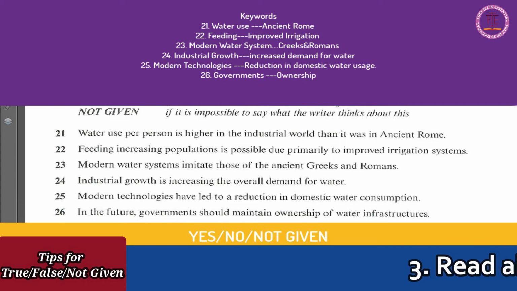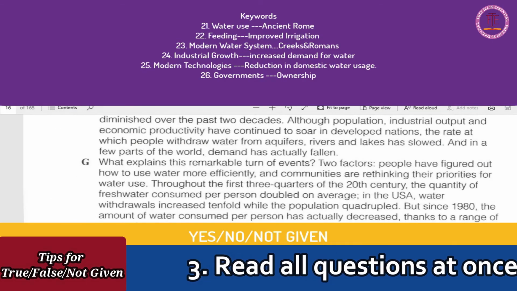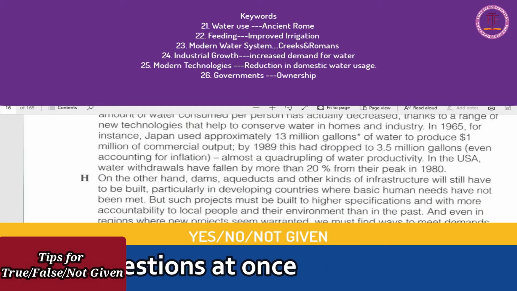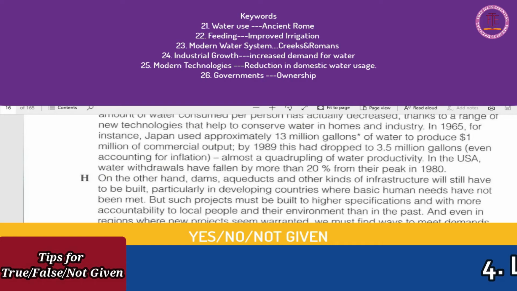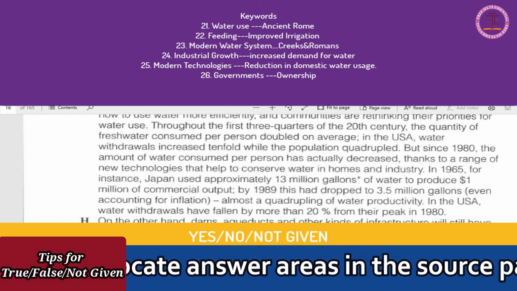It's about the government should maintain ownership of infrastructure. Okay, so if we just keep on moving ahead, because normally it is in the last passage, you can find any kind of things like this. I mean anything related to the government, or the government going to occupy it or otherwise. Okay,